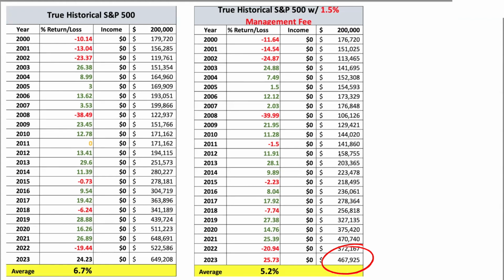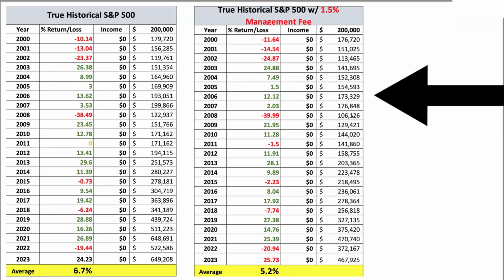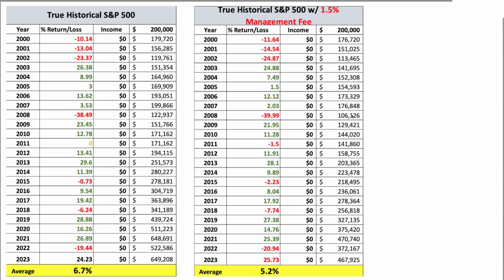So the last thing I want to talk to you about with these charts is this. You have 13 years here with no growth, 13. So if you're getting ready to retire and you're going to use your money, you're in your kind of go-go years, but psychologically, you don't want to take money out when the account is down, right? So we want to eliminate that financial and emotional roller coaster, which we can do. The other thing we're going to eliminate or severely reduce is that 1.5% management fee.